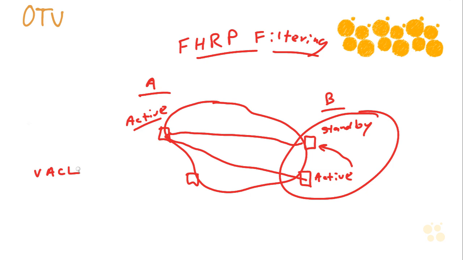This can be achieved by implementing an OTV MAC route filter. So we have our VACL as step 1. As step 2, we have our OTV MAC route filter. These are the 2 steps you need to be aware of that we would engage in for the first hop